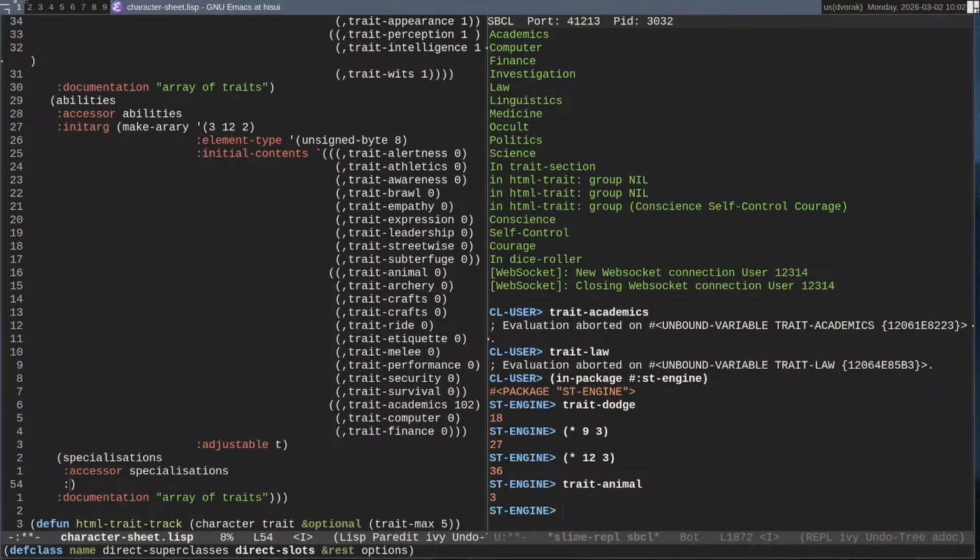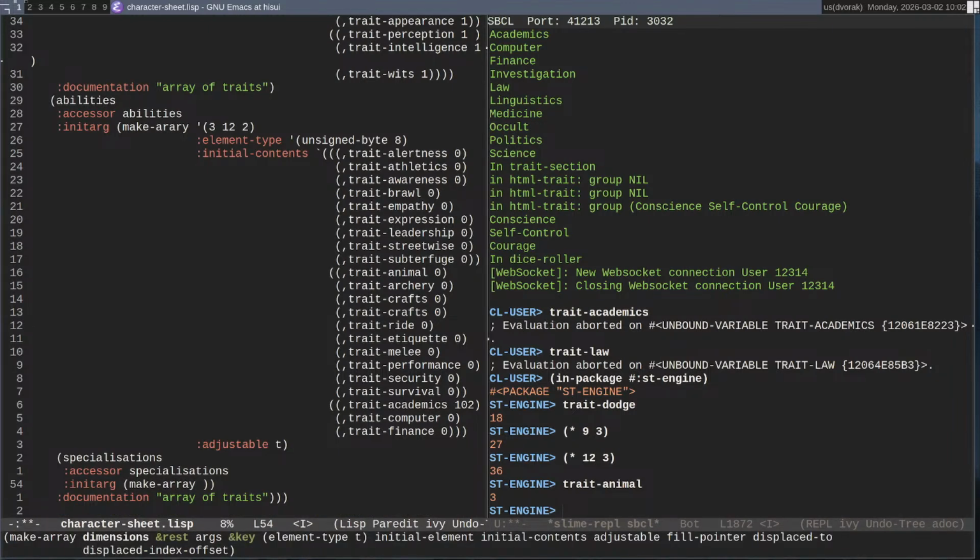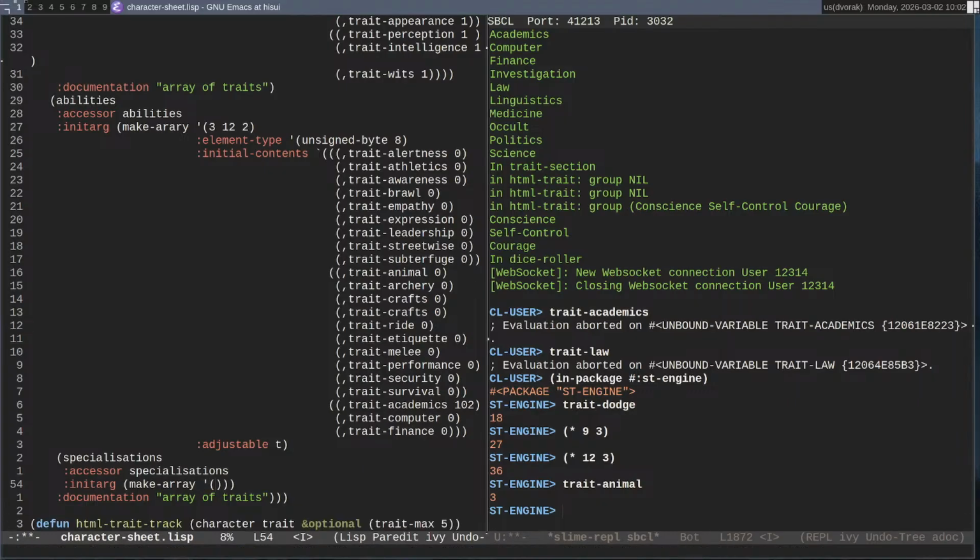And in this case, I think we're always going to have an initial init arg, make array now. What kind of array is this? It doesn't need to be a big array.